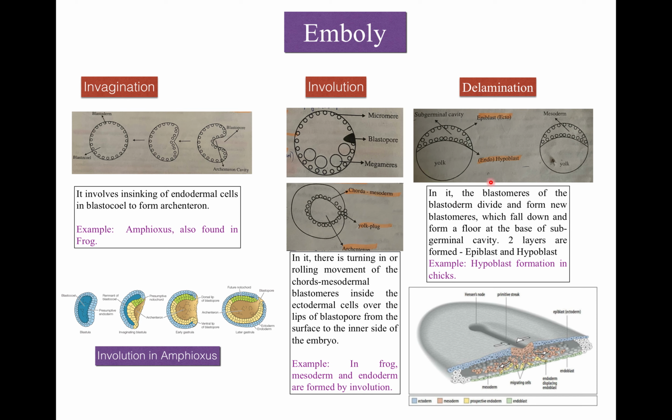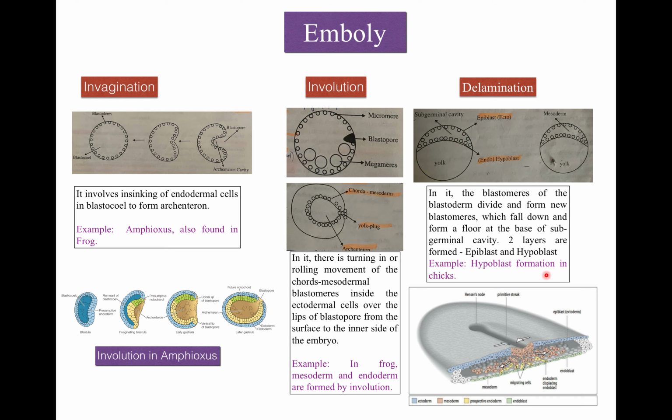So the layer which is formed at the base of subgerminal cavity is termed as hypoblast, and the layer which forms the roof of the subgerminal cavity is known as epiblast. Delamination gives rise only to endoderm,